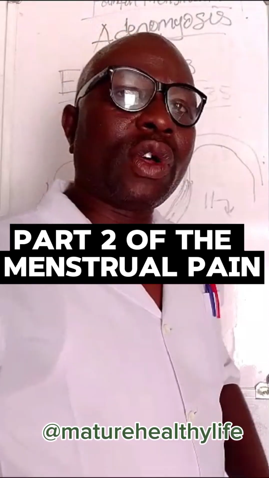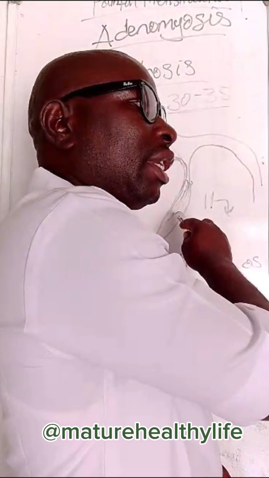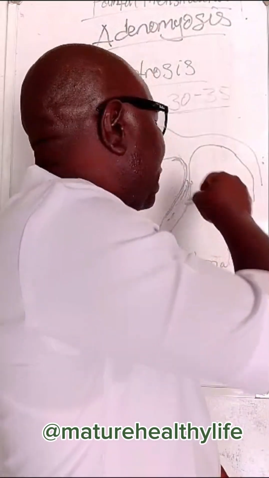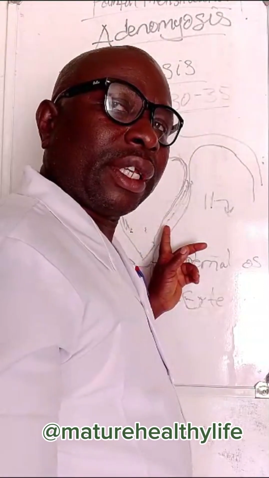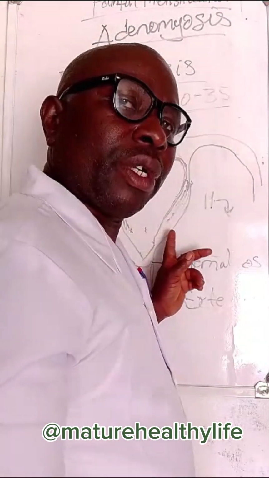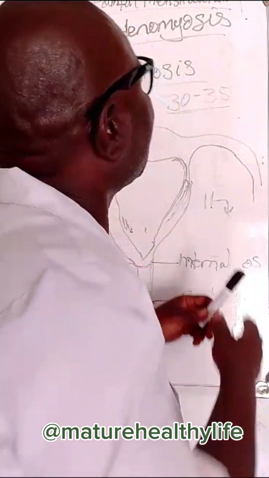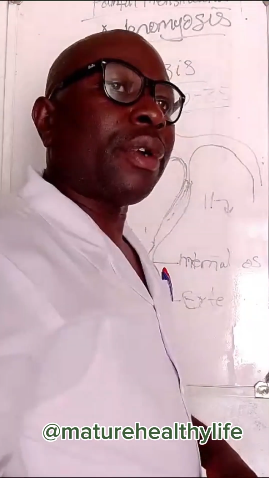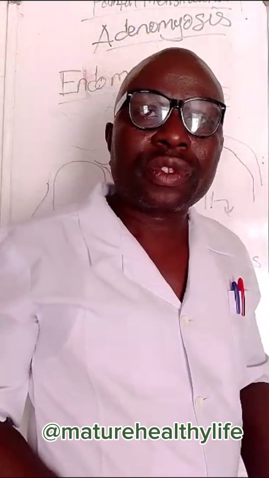Because adenomyosis is also the growth of this endometrial tissue. When it starts growing inside, deep in the womb or in the uterine cavity, it becomes a medical condition too, a sickness that can cause painful cramps or dysmenorrhea. Then another one is